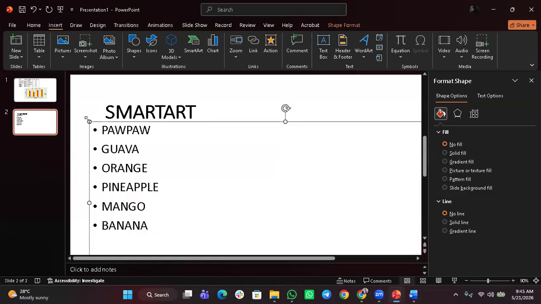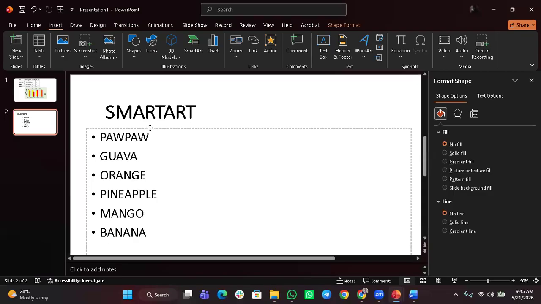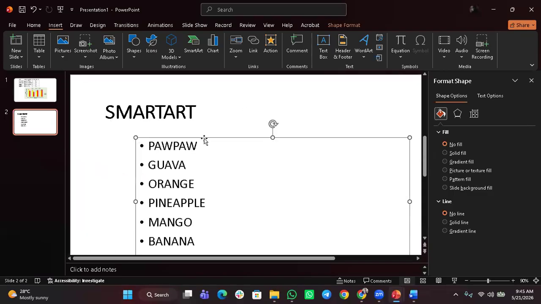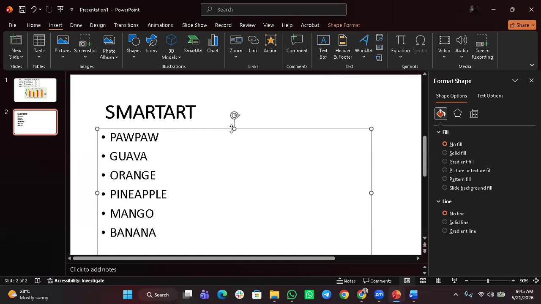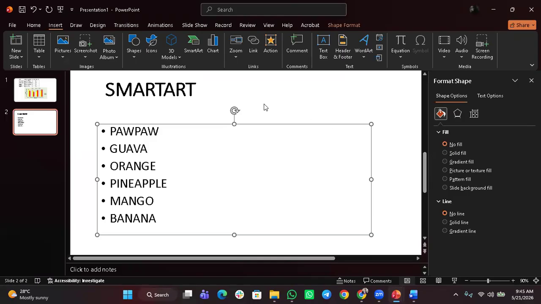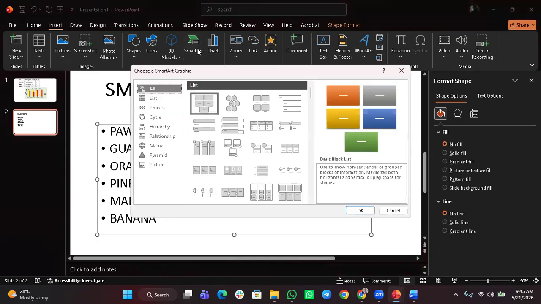Let me reduce it so that you can see it clearly. Good. So now, in this case, I have listed all this. And I want to change it to SmartArt. I want it to come out in SmartArt for me. You will go to Insert. Then you will see SmartArt. When you click on SmartArt,